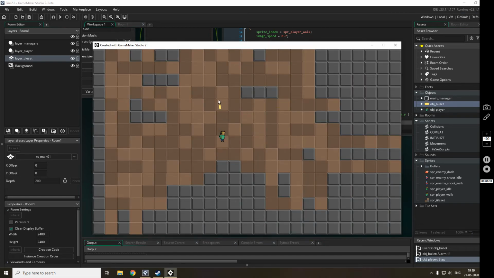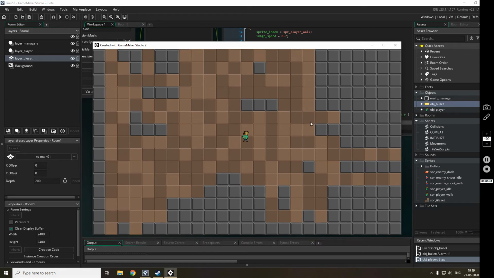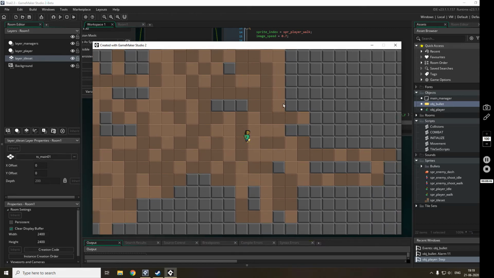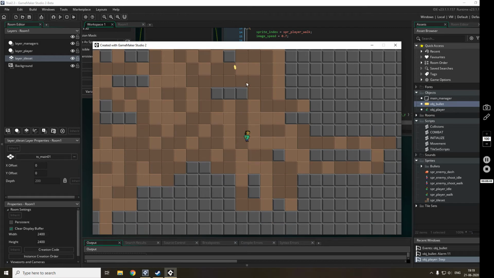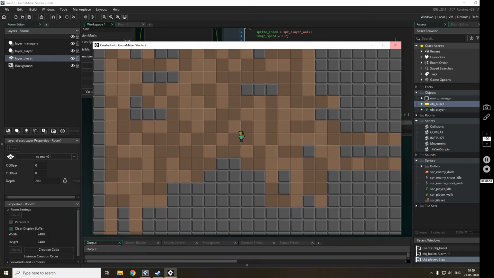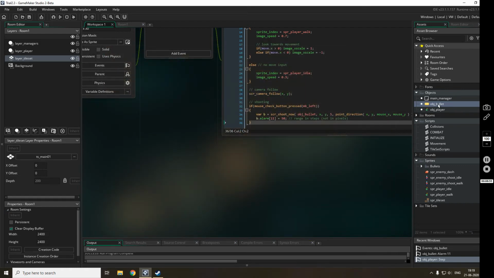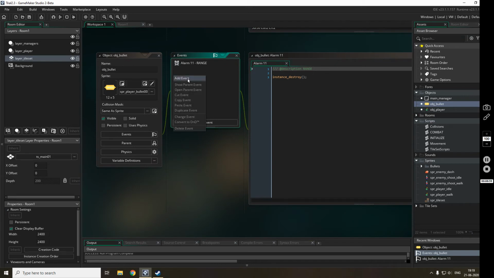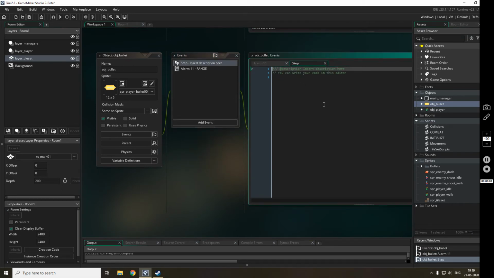Okay, so the shooting is working, the bullet is getting destroyed when it reaches somewhere, but the bullet will right now not respect any walls. We also want it to be destroyed when it collides with a wall. So we'll go into the step event of the bullet, obj_bullet,